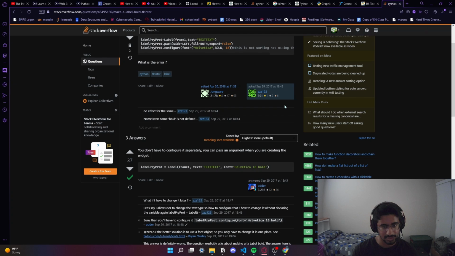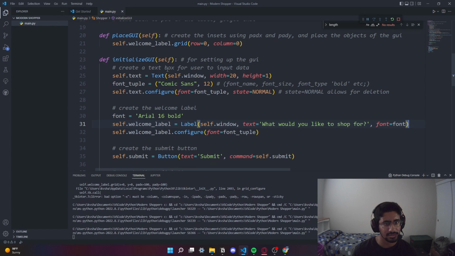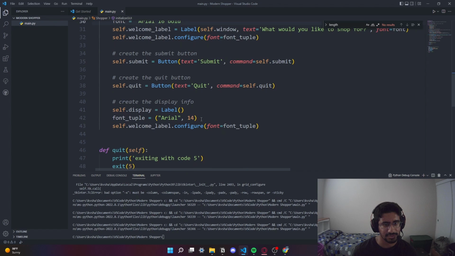Font equals Arial 15 bold. Can I just say font equals font? Let's see if that works. Yep, that does the job. So I don't need the font tuple. I just need